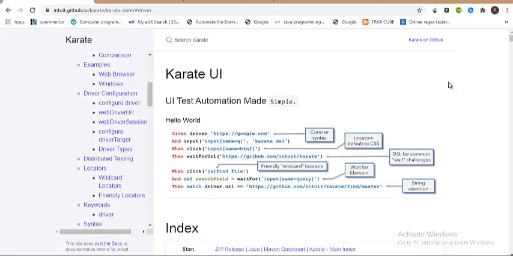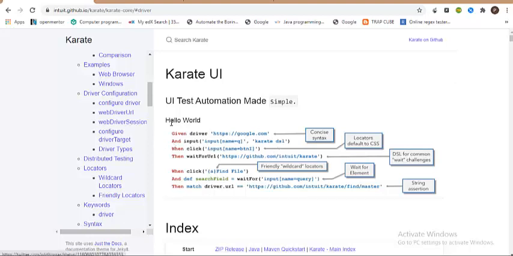Karate is very renowned and popular for its documentation. They have given a very elaborate description of each and every action. Even if you are a novice, no matter who you really are, you can still read through this document and get things done by yourself. So understand that level of customization, that level of self-explanatory detail.